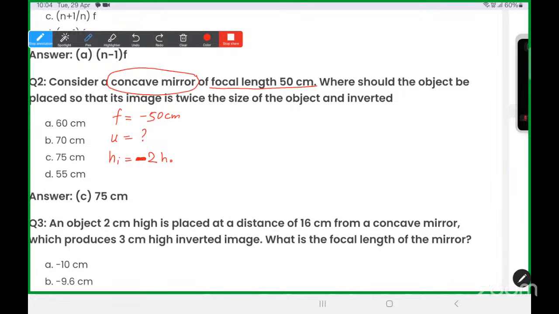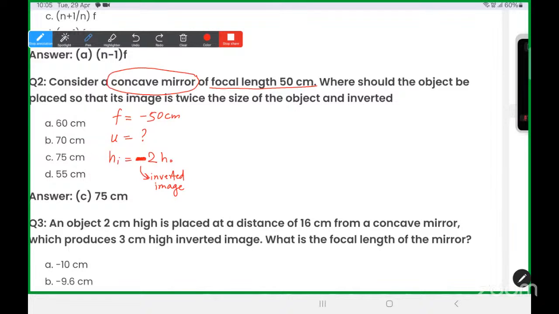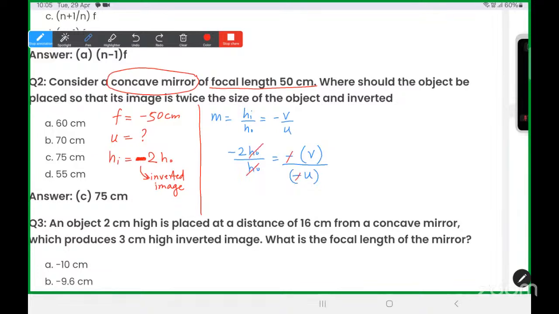देखो नेगेटिव क्यों लगाया मैंने, दिस नेगेटिव इज फॉर इन्वर्टेड इमेज। इन्वर्टेड इमेज बताने के लिए नेगेटिव लगाना पड़ा। सबको समझ में आया? अभी ऑब्जेक्ट डिस्टेंस की वैल्यू क्या लेनी पड़ेगी, मैं फिर से बोल रहा हूं साइन कन्वेंशन। ऑब्जेक्ट डिस्टेंस बेटा -u लेना। देखो मैं बताता हूं, नेक्स्ट टाइम मैं फॉर्मूला यूज करता हूं। लीनियर मैग्निफिकेशन का फॉर्मूला hi/ho, और वैल्यू -v/u भी होती है। तो hi की वैल्यू मैं क्या रखता हूं, -2ho/ho, और माइनस इमेज डिस्टेंस फाइंड करना है, ऑब्जेक्ट डिस्टेंस की वैल्यू -u ले लेंगे। तो आप देख सकते हो यहाँ पर माइनस माइनस कैंसिल हो जाएगा, ho कैंसिल हो जाएगा, v = -2u आ जाएगा।